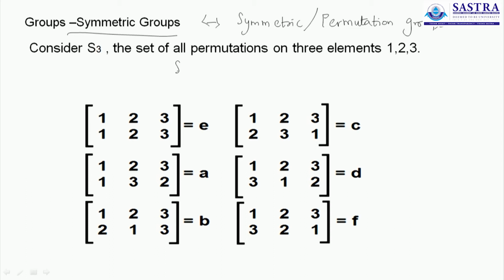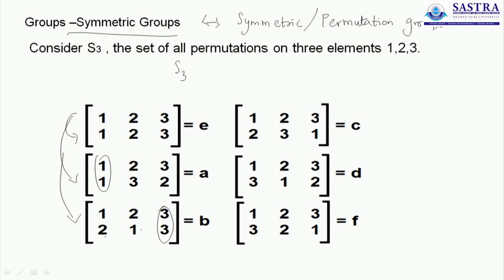Similarly, S3 denotes the set of all arrangements made on a set containing A, B and C. There are 6 possible arrangements. I have listed them down. First, nothing is changed: 1, 2, 3 is 1, 2, 3. I have not changed anything. Second, 1, 2, 3 becomes 1, 3, 2. The image of 1 doesn't change, but 2 and 3 swap places. The last one, 1 and 2 swap places, but the last element is unchanged.